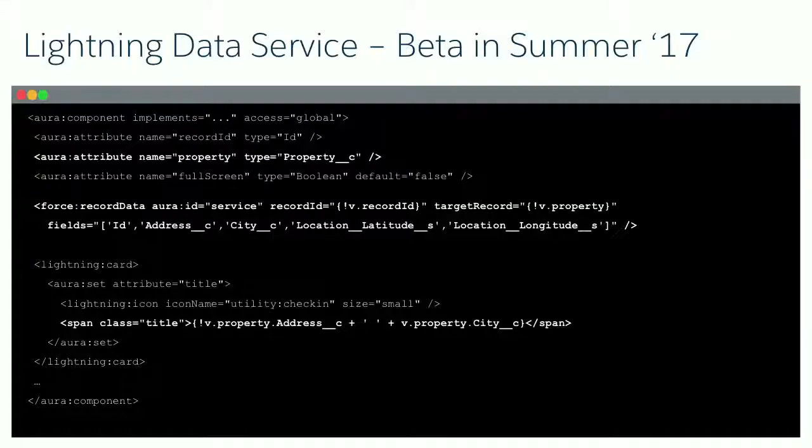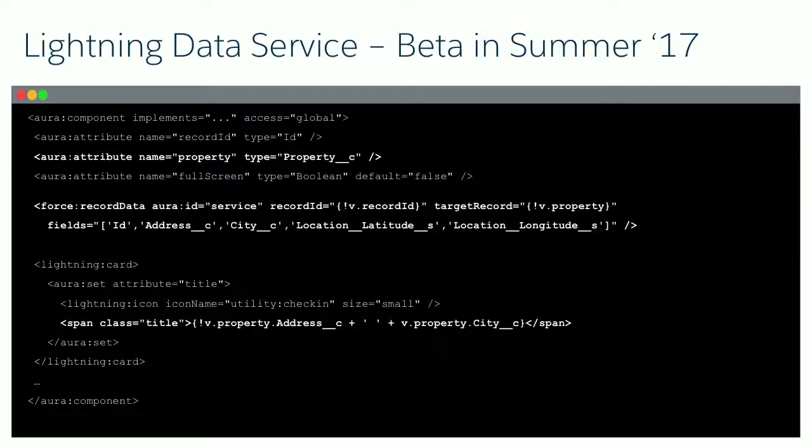OK, so let's talk a little bit about Lightning services. Does this show up OK? I was wondering if it did. So you see there's some highlighted things in this box. So the Lightning Data Service we've been talking about for a couple of releases. We first introduced it as a developer preview, and then we made it beta. We're going to be making it GA in the Winter '18 release. It's beta right now. And basically what this does, if you're familiar with Visualforce, you're familiar with the standard controller,